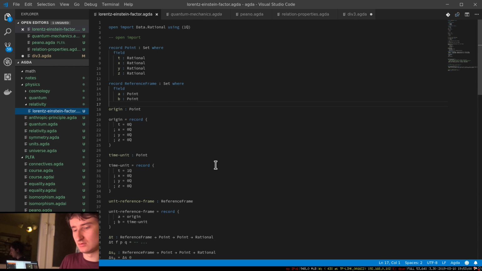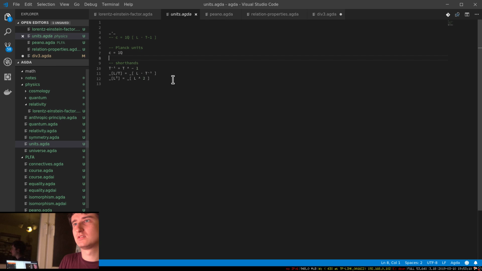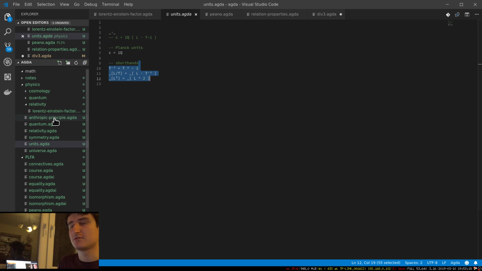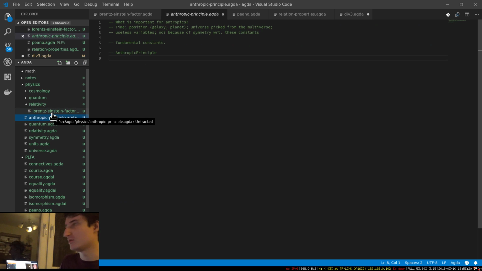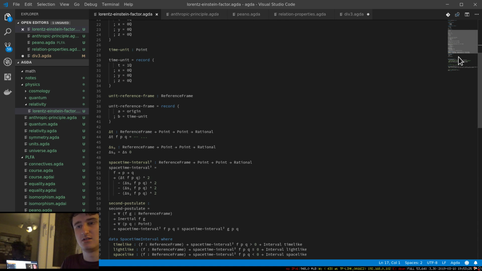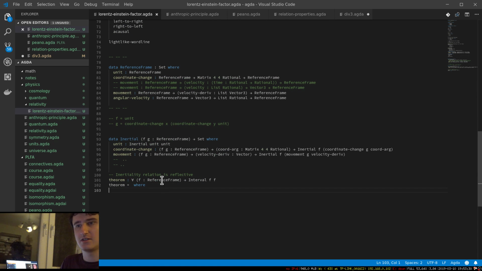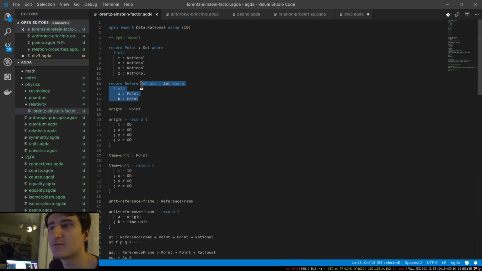this special relativity. In those files there is just nothing. Some units in Agda which are, well, I do not know yet how to write them down. Nothing here. Some ideas, some notes, but at least we have something for reference frame, which is a lot better than just like 2